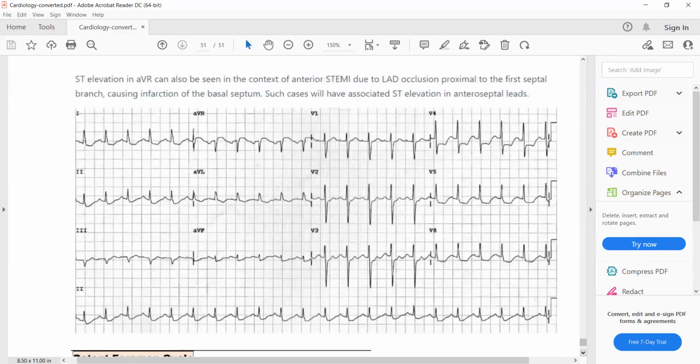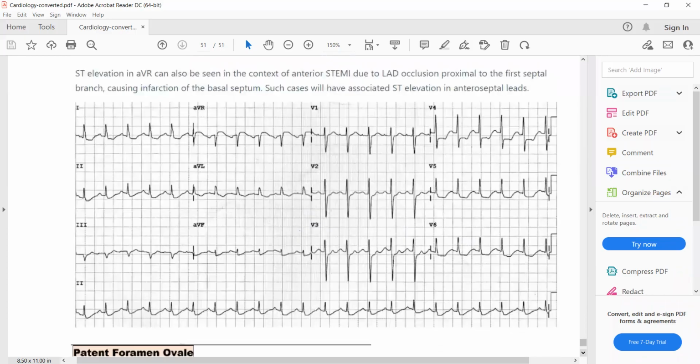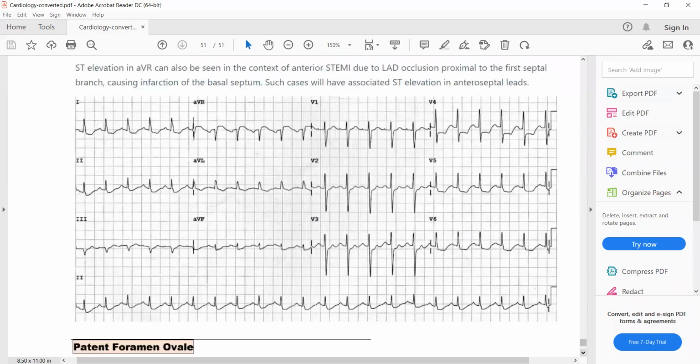Here is an ECG as an example of triple vessel disease. This is lead AVR. You can see that the ST segment is elevated. See, this is the baseline. So there's ST segment elevation in the lead AVR, while in all other leads, see in this lead 1, ST